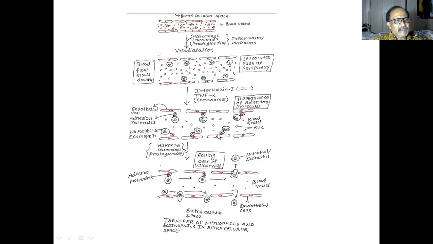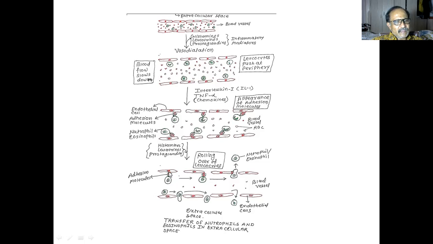Then another event is the rolling over of leukocytes. The histamine, leukotriene and prostaglandins which are secreted by mast cells, these inflammatory mediators, cause the rolling over of leukocytes in the extracellular space. The leukocytes have attached here, then these cells become